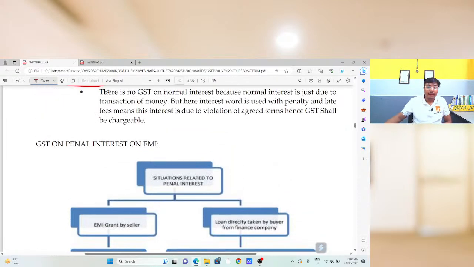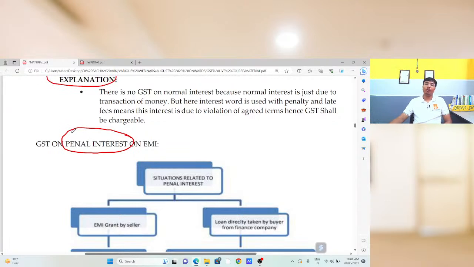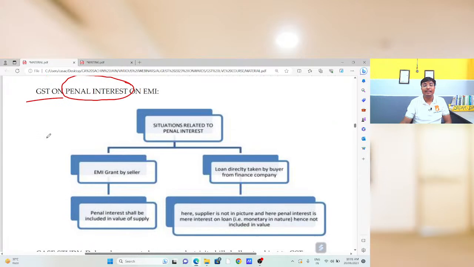Now, the question is whether GST will be applicable on penal interest or not. We are going to discuss a practical scenario, and with that scenario I am going to explain the situation. Suppose